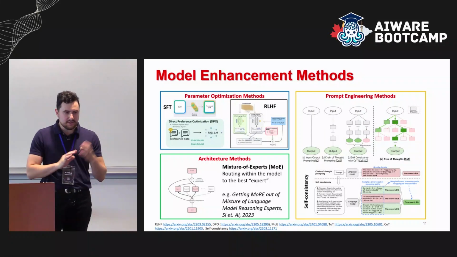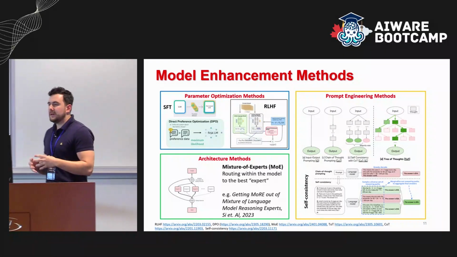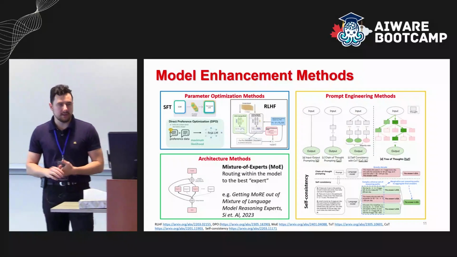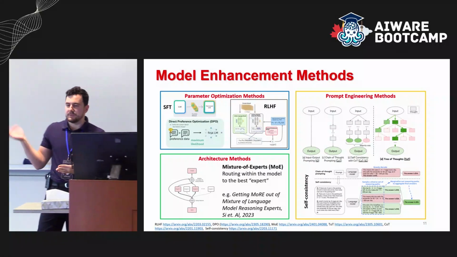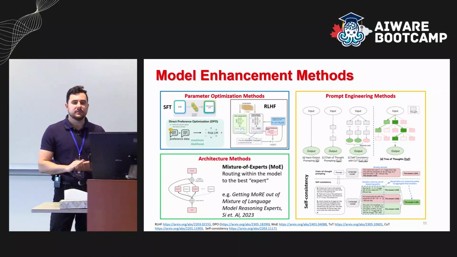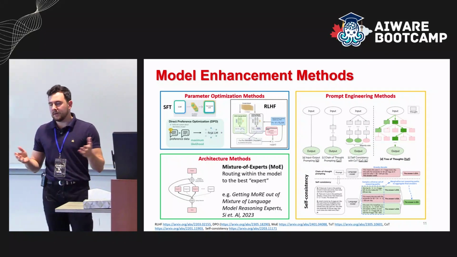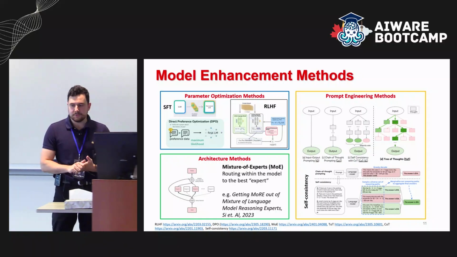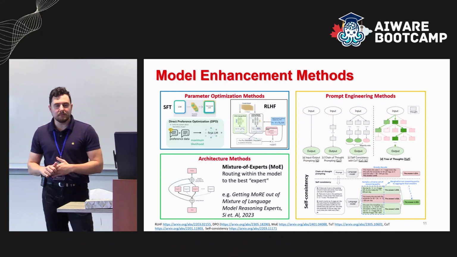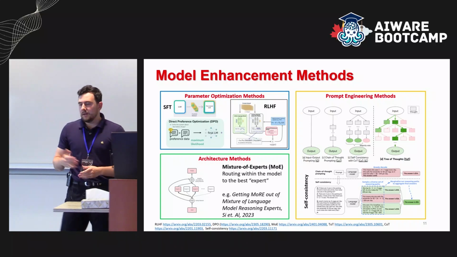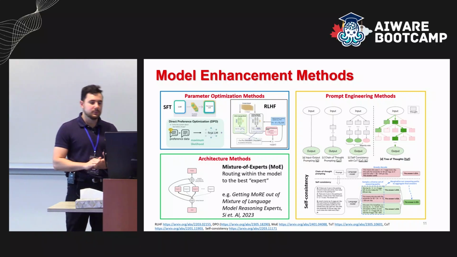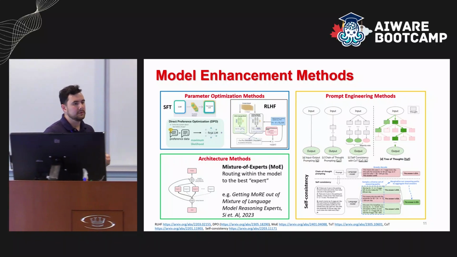I broke it down. One is parameter optimization. What I mean by that is you're directly optimizing the model weights. This is your typical machine learning training. For example, supervised fine-tuning on the top left. You have your data, you have your pre-trained LLM, you train it, and wow, it can do new things. Straightforward. More exotic approaches that have been used recently are typically called alignment tuning. RLHF stands for reinforcement learning with human feedback, where you try to teach the model to reply the way you want it to reply.